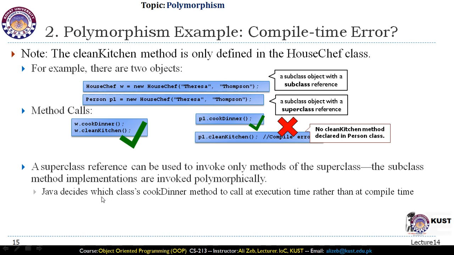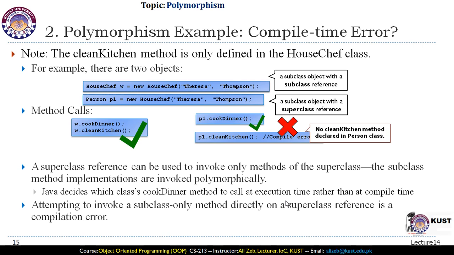Java decides which class's method to call at execution time rather than at compile time, and we saw that in our previous slides as well. Attempting to invoke a subclass-only method directly on a superclass reference is a compilation error. So we need to keep this in mind,